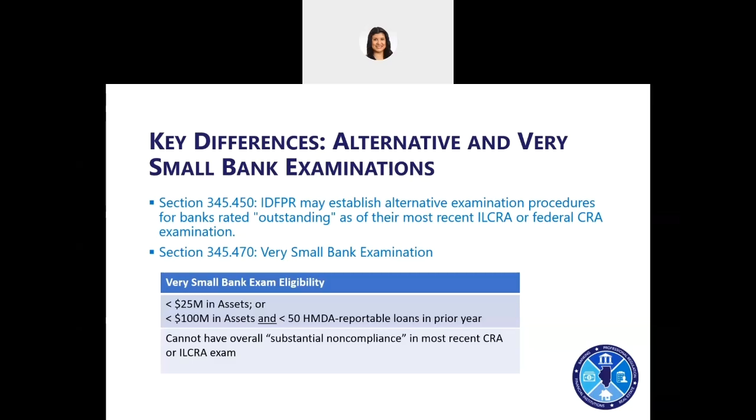Any bank at the time of examination that satisfies either of the following eligibility standards, as shown in its year-end call report and other related documentation, may elect to use the very small bank examination procedures. Total assets less than 25 million, or total assets less than 100 million that lent or originated less than 50 residential mortgage loans reportable under the Home Mortgage Disclosure Act in the previous